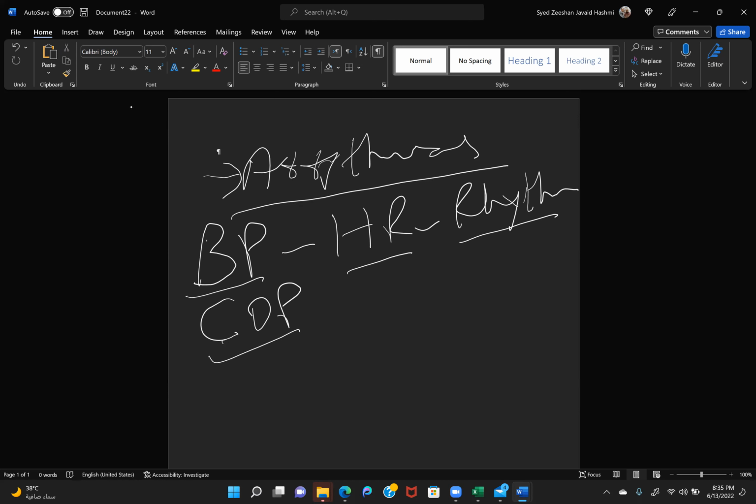So whenever you are in the operation theater and you find anything, the cause may be anything, but the result will be like that. If you just see that there is some tachyarrhythmia,